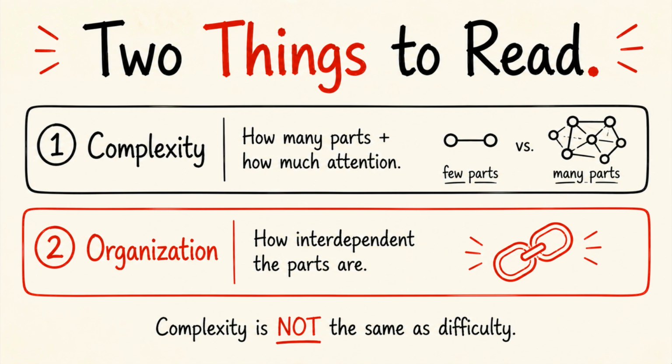2 words do all the work in this chapter: complexity and organization. They sound similar, but they mean different things, so let's be precise. Complexity is about how much there is to a skill, specifically the number of component parts plus how much attention the skill demands. A highly complex skill has many parts, and especially for a beginner, eats up a lot of